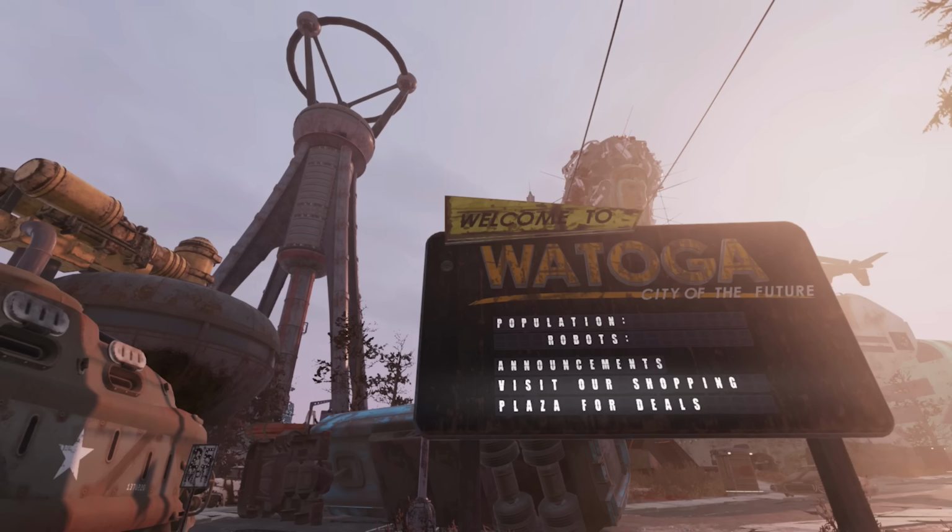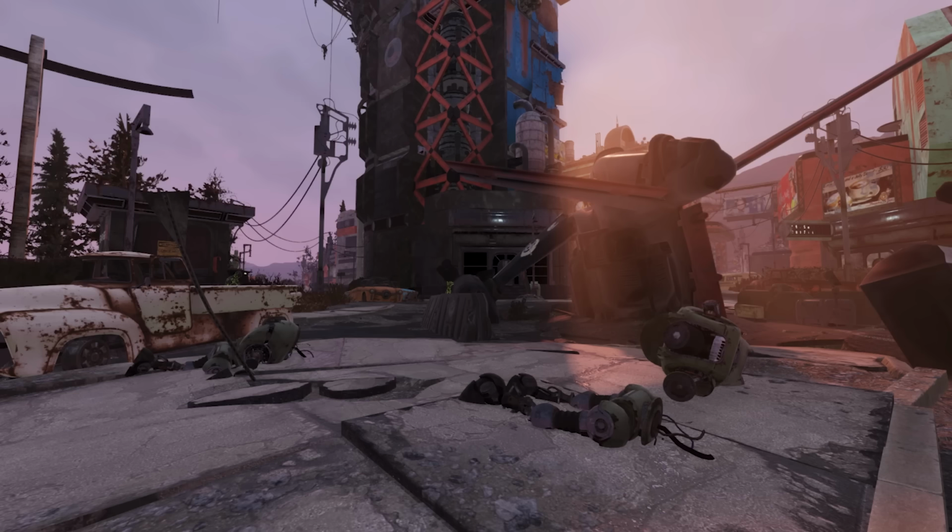The city of Watoga in Fallout 76 was special in that they decided to take automation to an absurd level in the pursuit of the city of the future. All work was done by a number of robots, with the mayor being the only human in a position of power, but even that role would be determined at random by an automated system.